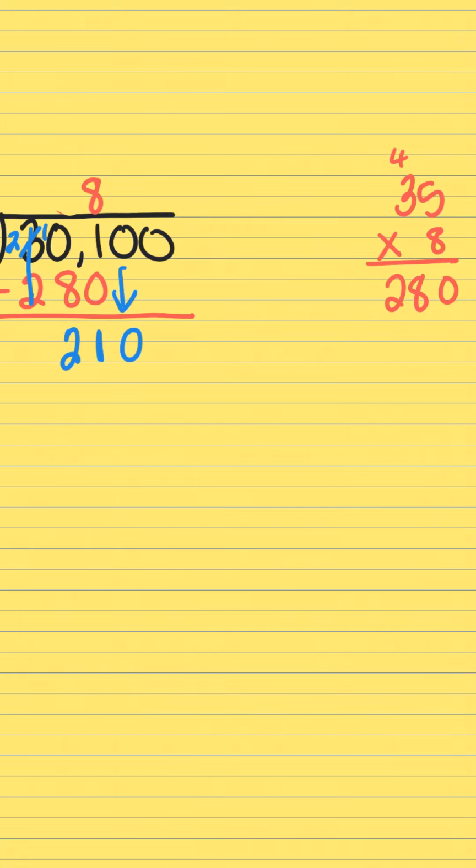35 goes into 210. Okay, well, 280 was too much, so now we're going to go over here, 35, and we're going to try 6, just to be safe. 6 times 5 is 30, 6 times 3 is 18, 19, 20, 21. That is 210, so we're going to put our 6 right up here, and then we're going to change colors again. Let's go to green, which is 210. We're going to subtract, and that puts us at 0. So that means all we have to do is add our last 0 up there. So your answer ends up being